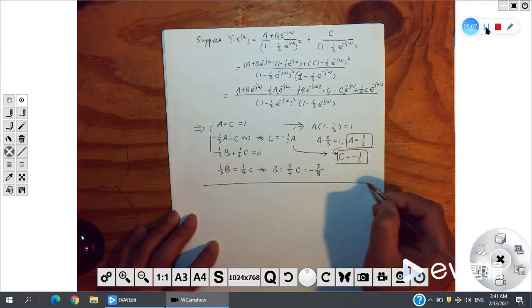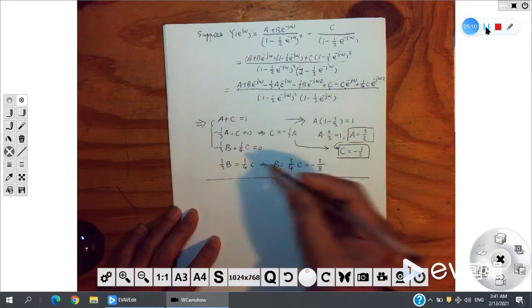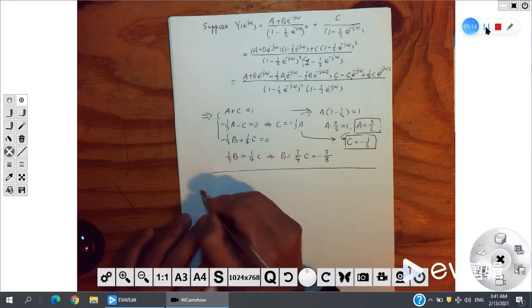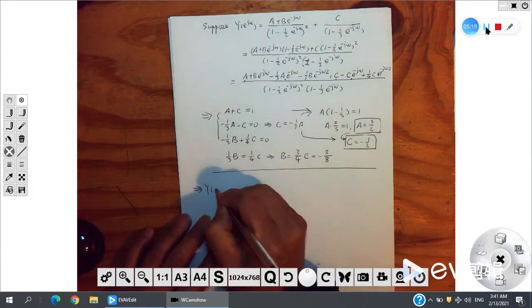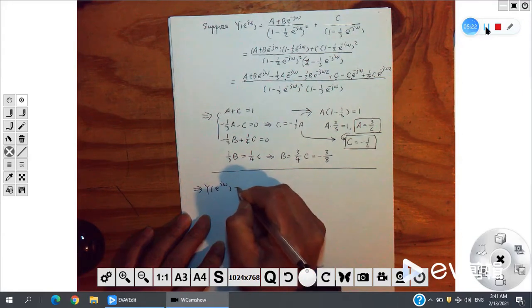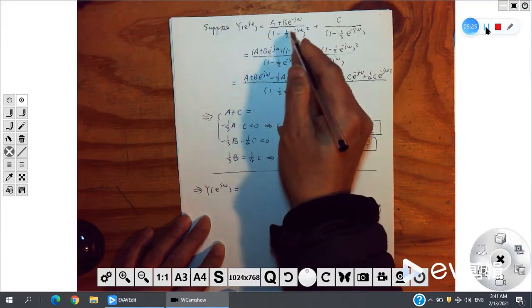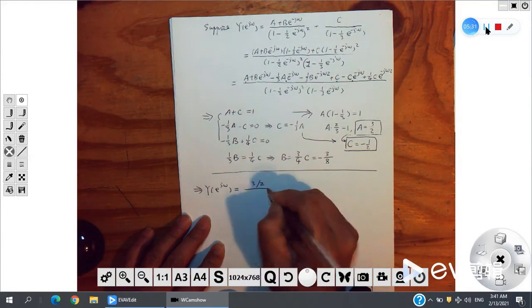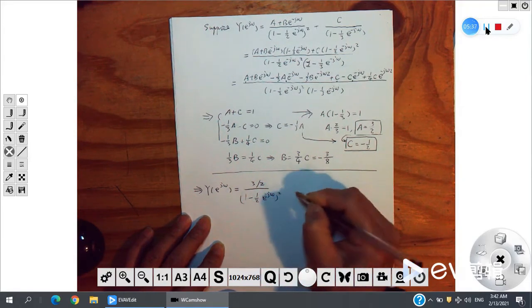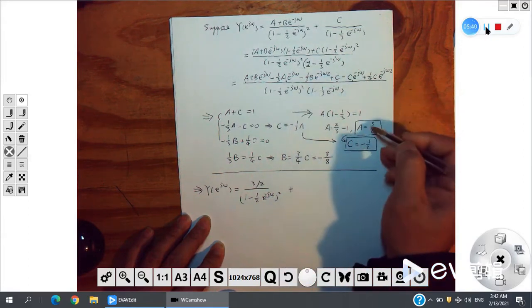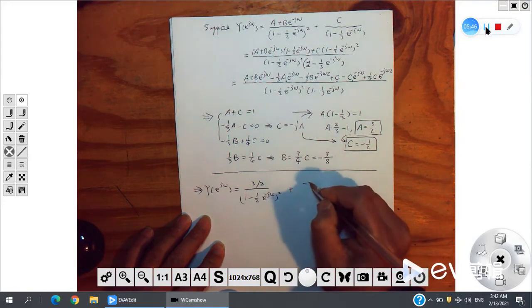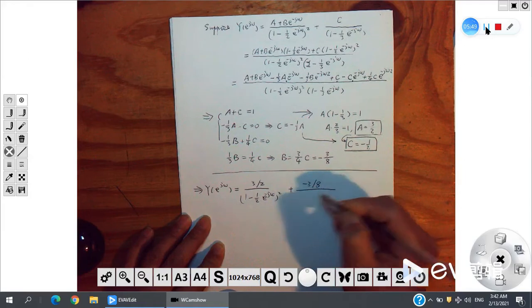Now we have A, B, C, right? So we have y equal to this one plus this one, and let me separate the first fraction. I copied, but I separated the first fraction into 3 terms. There will be A, that is 3/2 over 1 minus 1/2 e to the -j omega squared, plus B is here, negative, oh it should be minus, okay, -3/8, right, I put negative here,